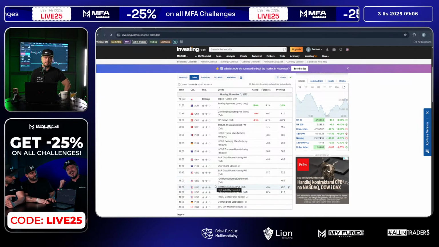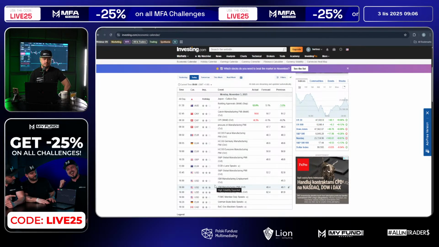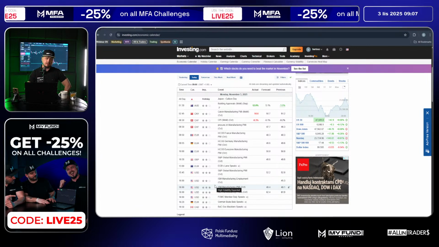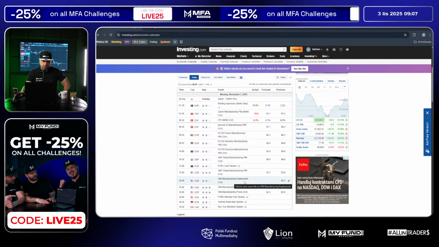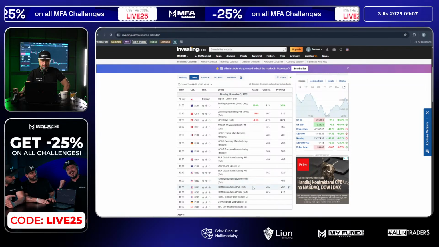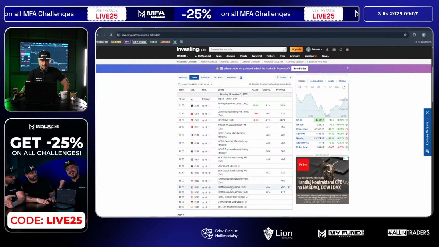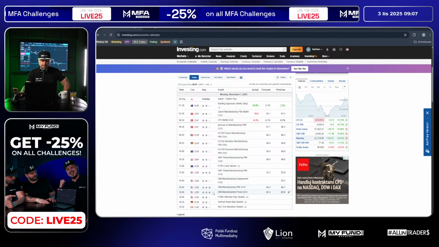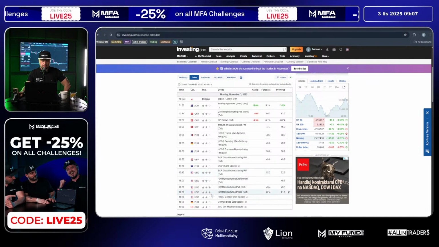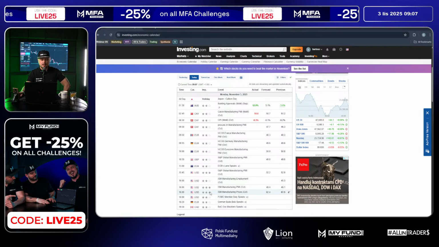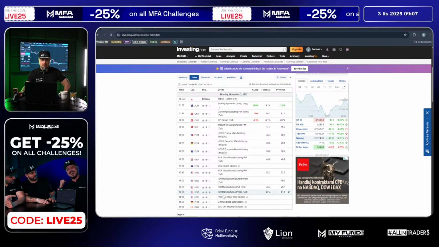Remember, if you are using the all-in ASAP strategy, and you are trying to open positions or set your limit orders for reaction, remember ISM manufacturing employment is marked as medium impact, and later on at 4 PM manufacturing PMI, 3 stars. So at 3:45 and 4 o'clock we need to look at all the currency pairs related to US dollar and, of course, gold, because it's quoted in US dollars.